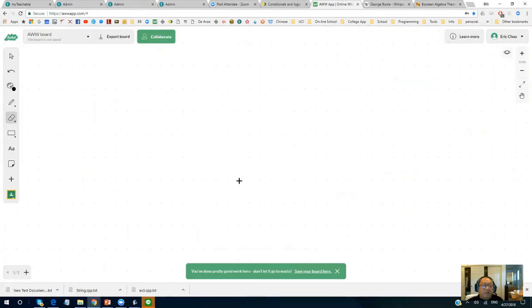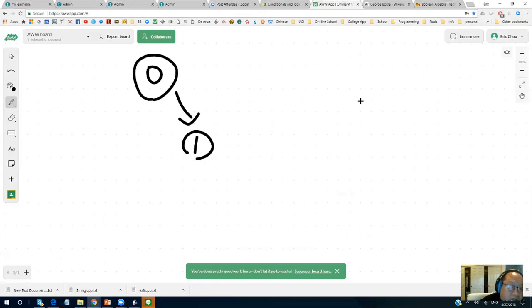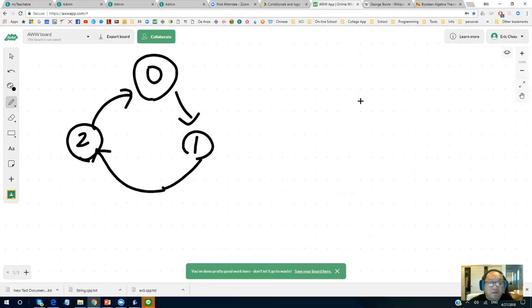You can use logic to do it, or we can use different things to do it. So let's assume that we want to do 0, 1, 2, a three-way toggler, right?